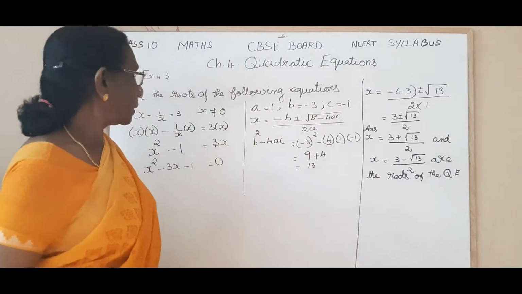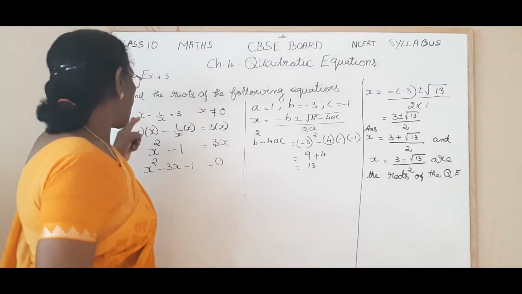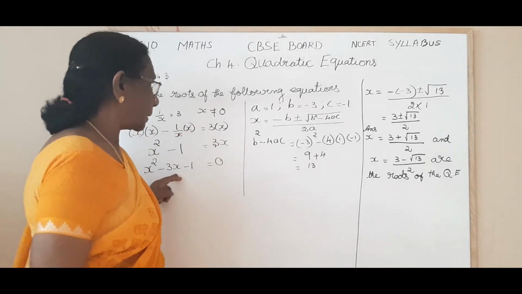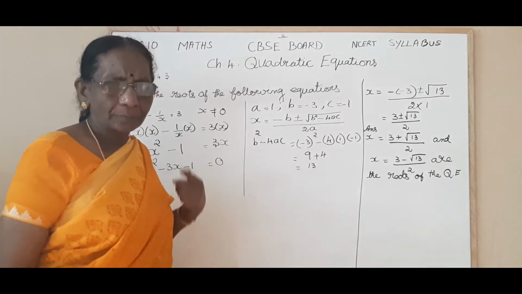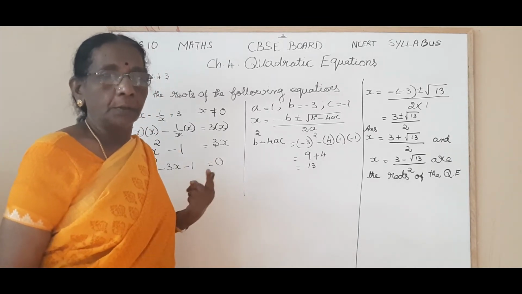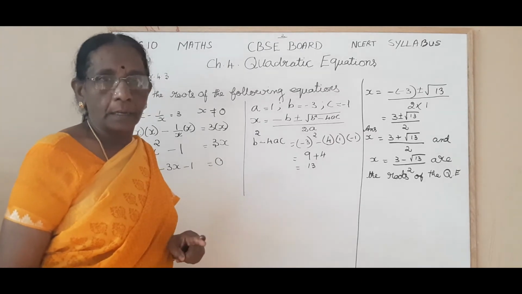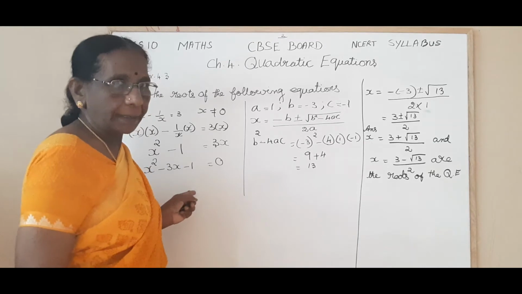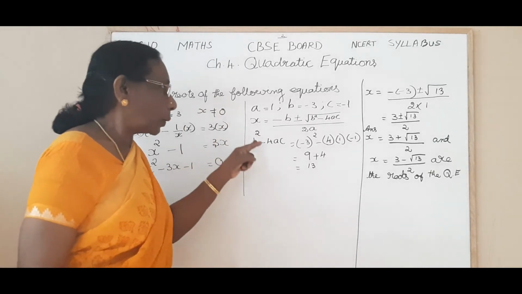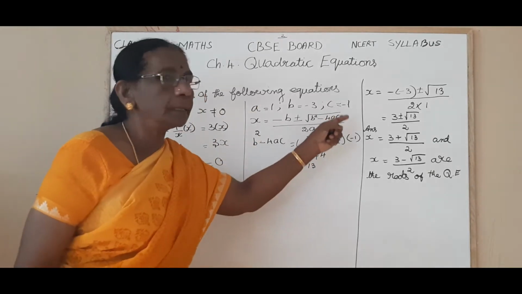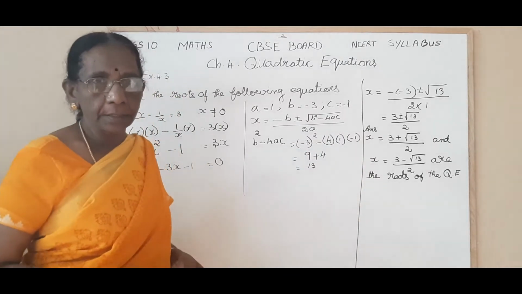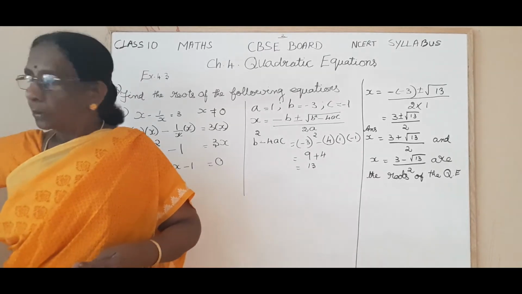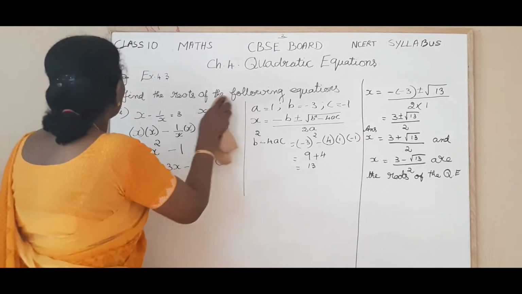Is it clear, children? So first you are writing the given equation in the standard form of the quadratic equation. Then we are selecting the method, whether to use factorization method or quadratic formula. But here it is difficult to find the splitters. That's why we switch over to quadratic formula and we have got easily the roots. Is it clear, children? So this type of sums are very, very important. And now we'll move to the next sum.